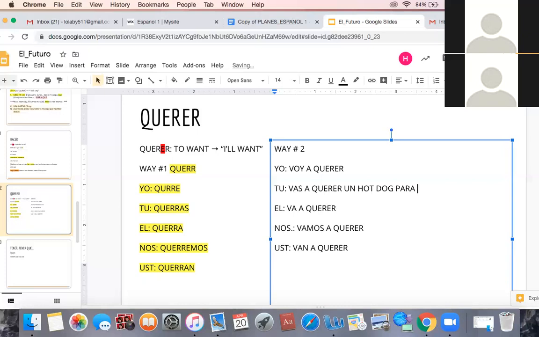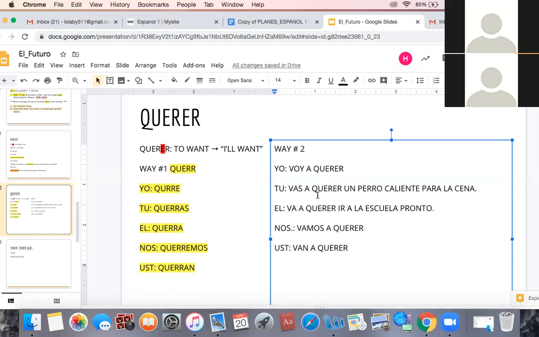para, vamos a poner, un perro caliente. There's a hot dog, un perro caliente para la cena. And I've only heard a couple of people call them like that, but we're going to just keep it like that. Él va a querer ir, right? Querer ir. Because after querer, you usually have a regular conjugation verb. Querer ir a la escuela pronto. Pronto means soon. So there's 2 examples for you.